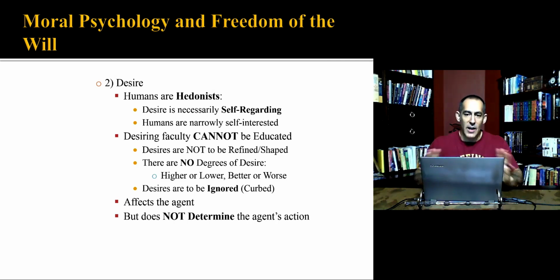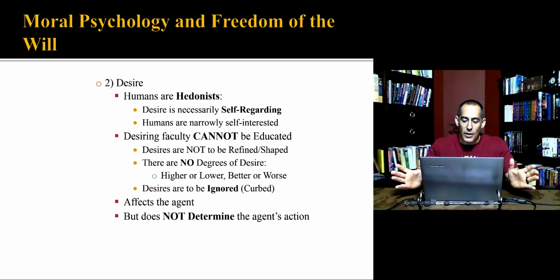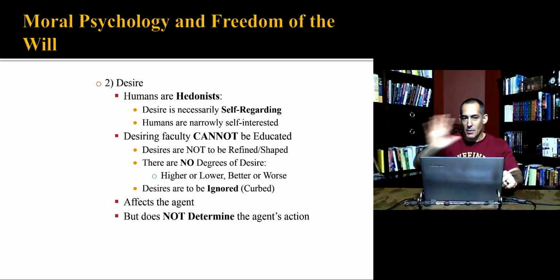What he thinks of desires is this is something, at least as far as morality is concerned, that just needs to be ignored. Right? We curb our desires. We control our desires. If there is a highest or best virtue, maybe we could call it the self-control aspect. It's the ability to ignore the desire. And maybe I'm overstating things when I go there. Now, the desires definitely affect you, but they don't determine you. And this is really important. You are never absolutely determined by desire or anything else. And the freedom, remember, is very important for ethics.